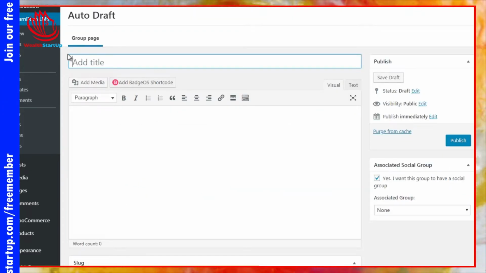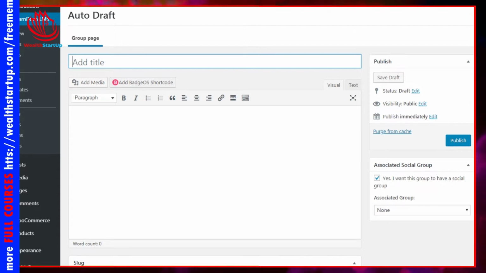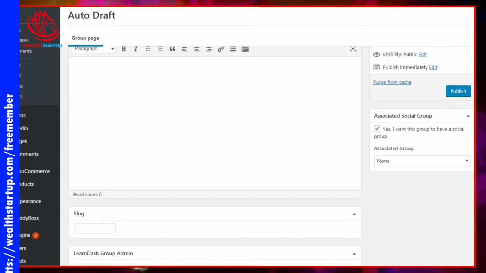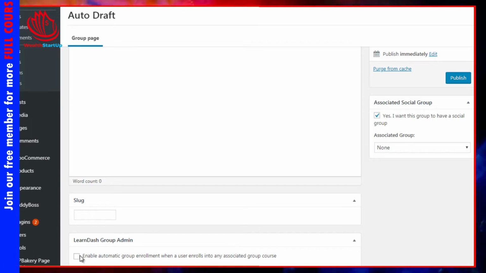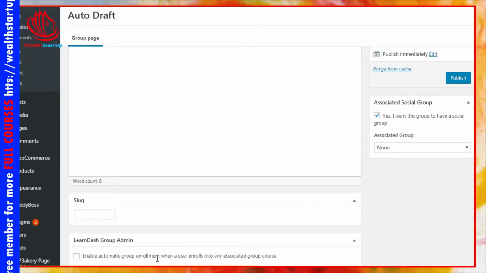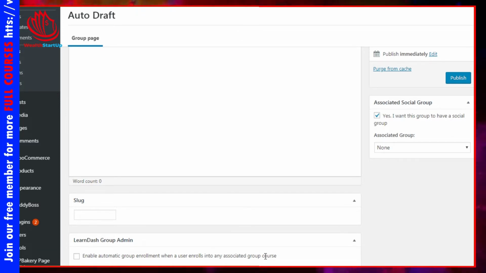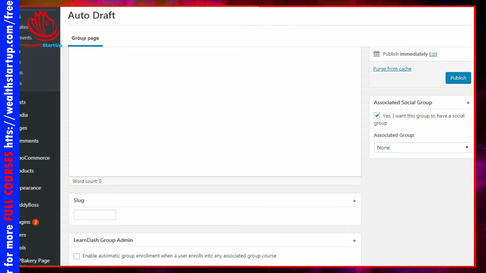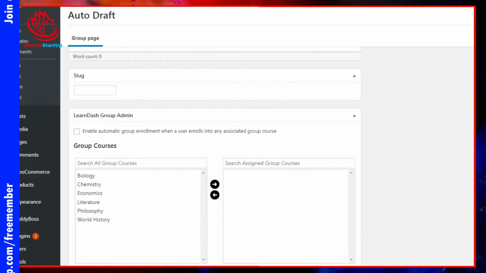And then next, what you want to do is go to groups. You want to create a new group, name the group here, add a description, and then you simply scroll down and you can assign the admin. It says enable. If you enable this, automatically group enrollment when a user enrolls into a course. So you can say anybody who takes a specific course will be automatically added to this group. Now, when you create a group, you can automatically install